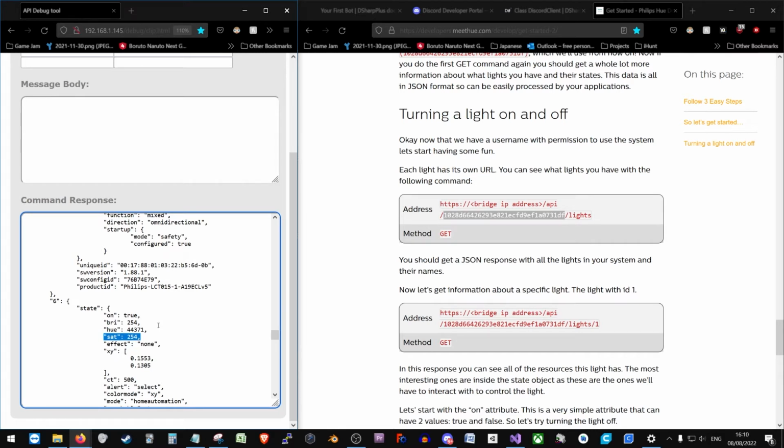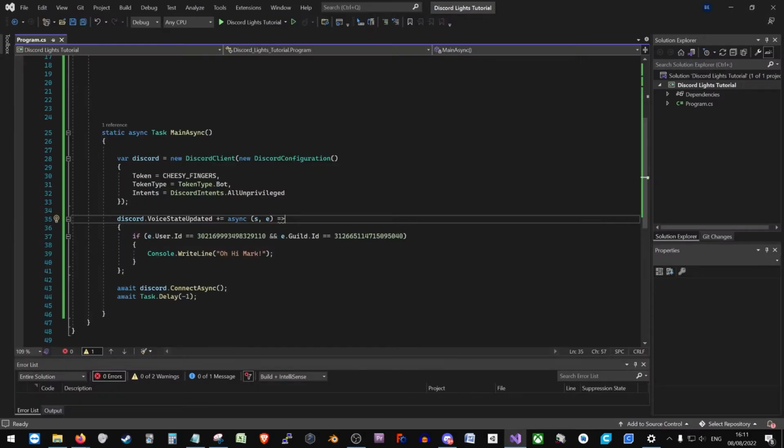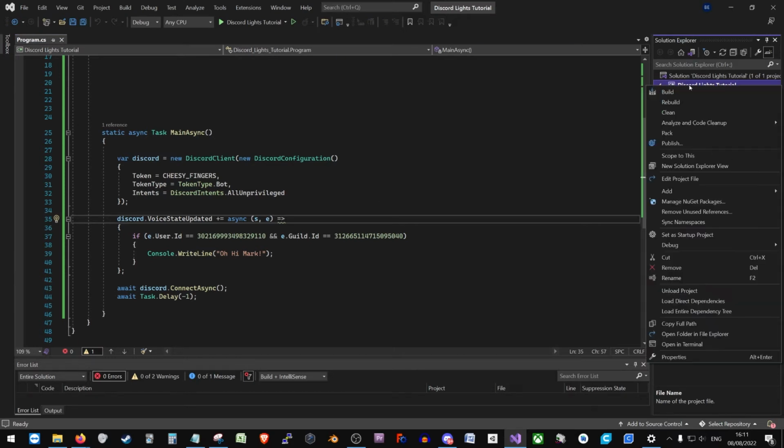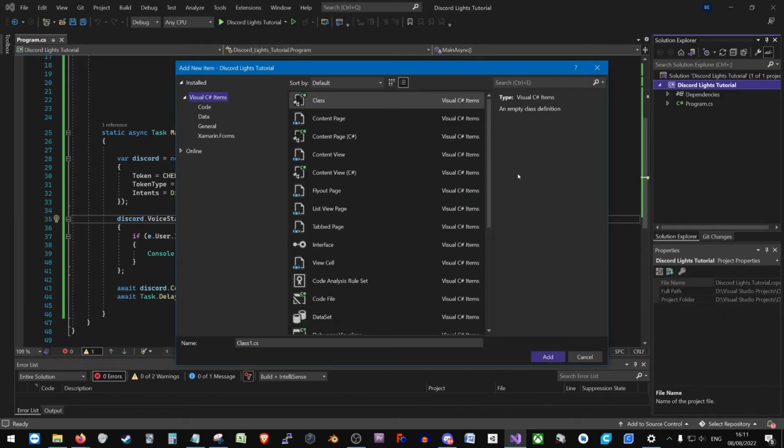Do this for each user you'd like to assign a light to, and now we have to convert these results into data to use in our bot program. Now we're going to create a data structure inside our bot program to hold all these values. So we're going to go to our solution, right click, add a new item. It's going to be a class of name